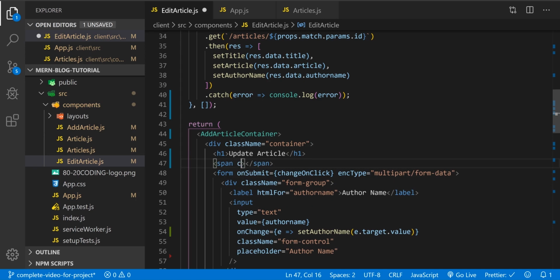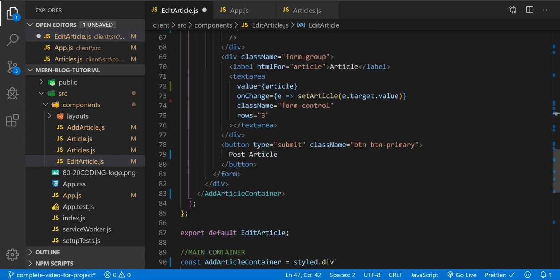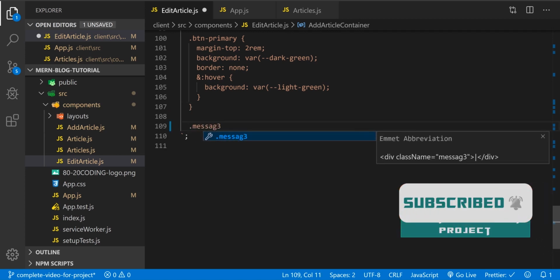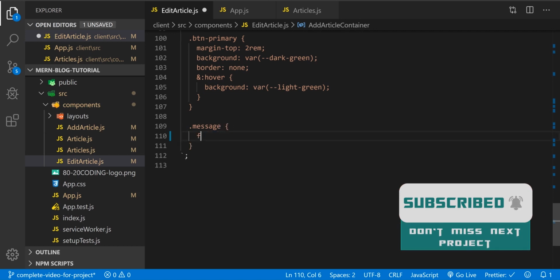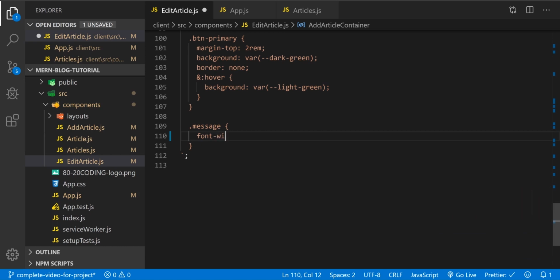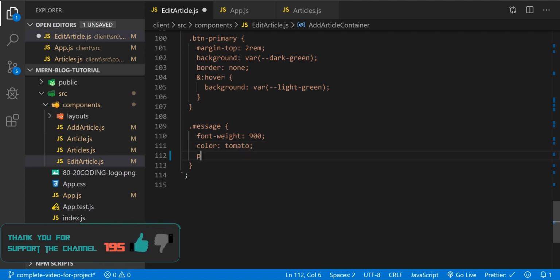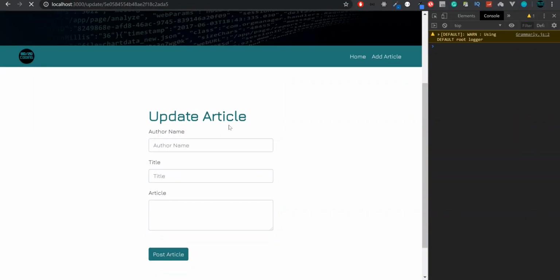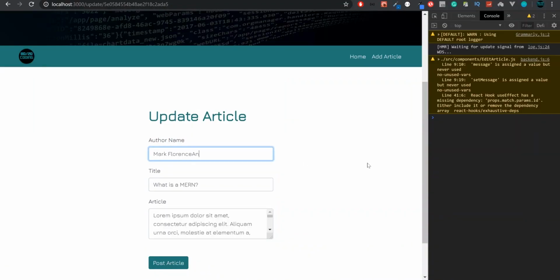Let's give it a class name, gonna be the message, and let's style it down here, the class name message, and font weight that's gonna be 900, and color let's add tomato, and padding gonna be on the top 1 rem, on the right 1 rem, on the bottom 1 rem, and on the left gonna be 0. Okay, yes, okay, so okay,